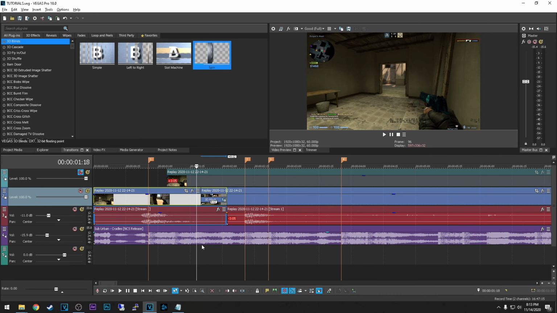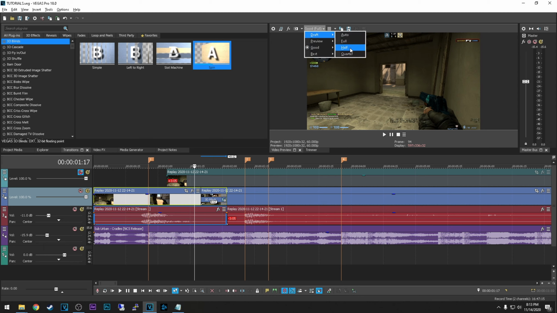This is a classic Vegas Pro issue. So the thing with this is that the preview is usually laggy and you don't really understand what you're editing. So if you wanna get rid of this issue, what you need to do is first try to change the preview quality from good or best or preview to draft half or draft quarter.